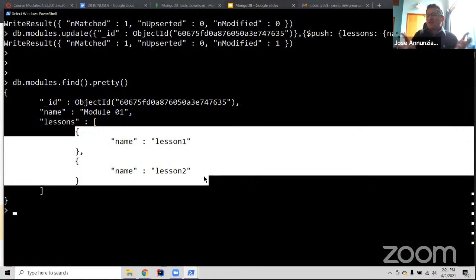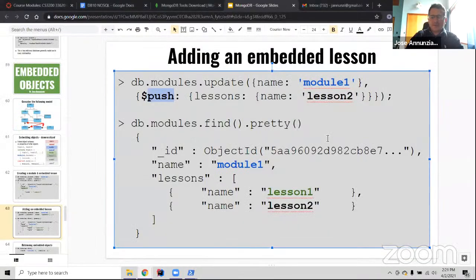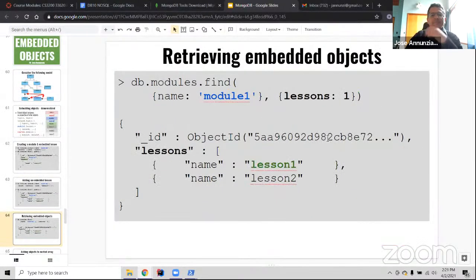Yeah. Here, there's no such thing, because the lessons are embedded in the modules. If we remove the module, poof, all the lessons are gone, obviously, yes? Okay, so let's continue. Yeah, so we were able to find the module. We were able to